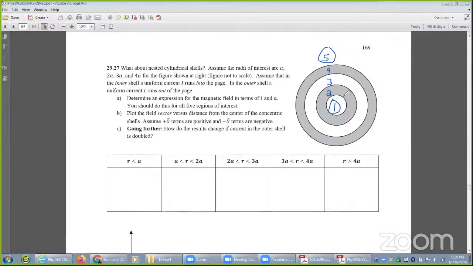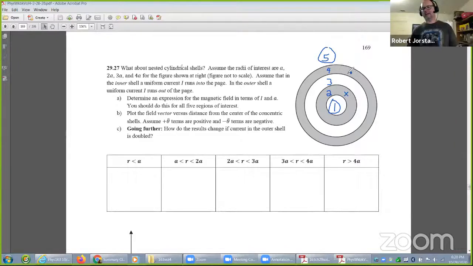Are you asking me? Sure, Sam, go for it. Oh, because I saw that for one, it says current runs into the page and the other one's out of. Yeah, you're absolutely right. So remember, the magnitude of those fields doesn't cancel, but we know that outside it's a